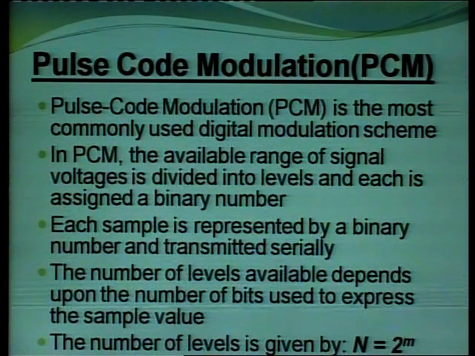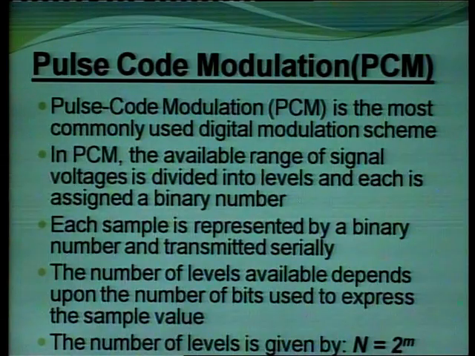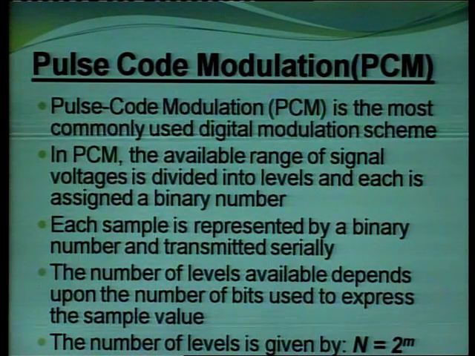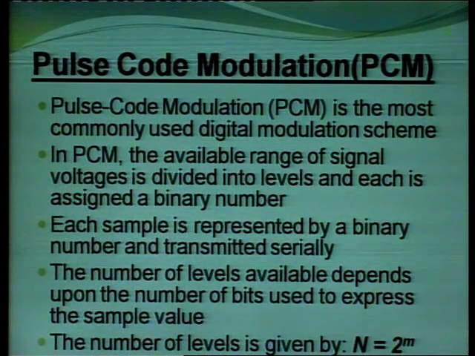In PCM, the available range of signal voltages is divided into levels, and each level is assigned a binary number. So, the samples are divided into levels and each level is assigned a binary value, binary number. So, each sample is represented by a binary number and